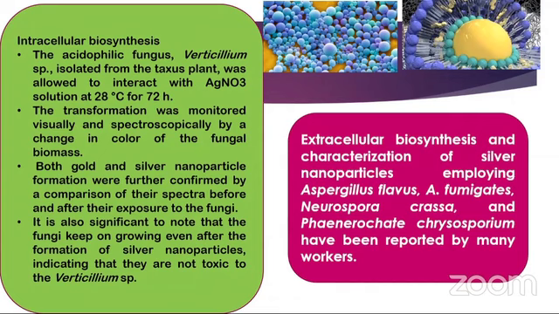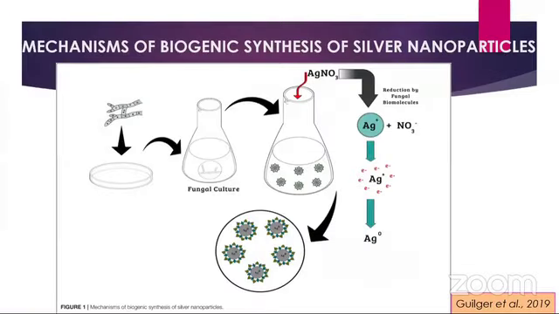After interacting with this, positive and negative charges also interact and produce enzymes and other metabolites, which aggregate into larger dimensions, and thus it will give us the metal ions, for example silver ions or gold ions. Next, moving on, here is a pictorial representation of biogenic synthesis of silver nanoparticles, where we can